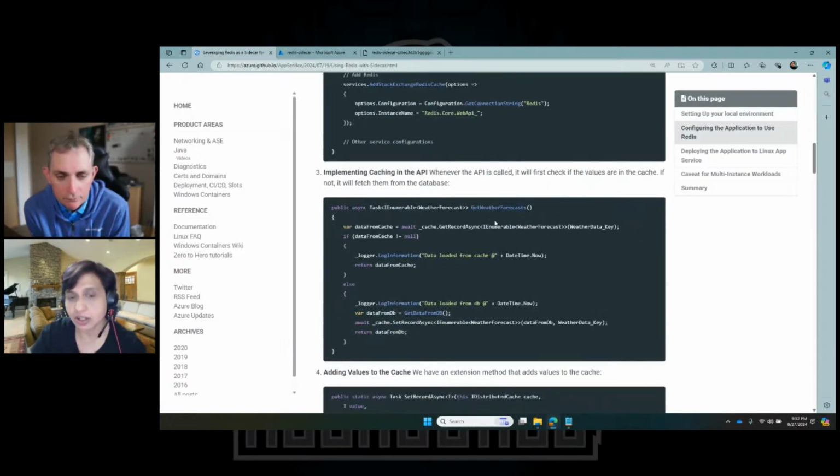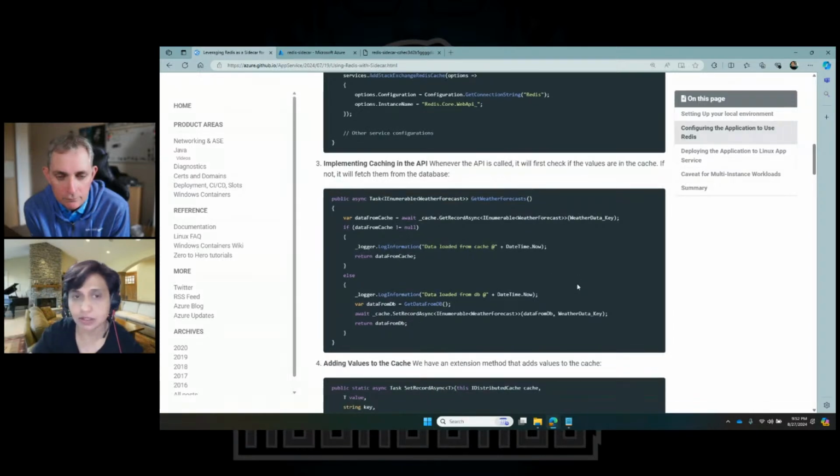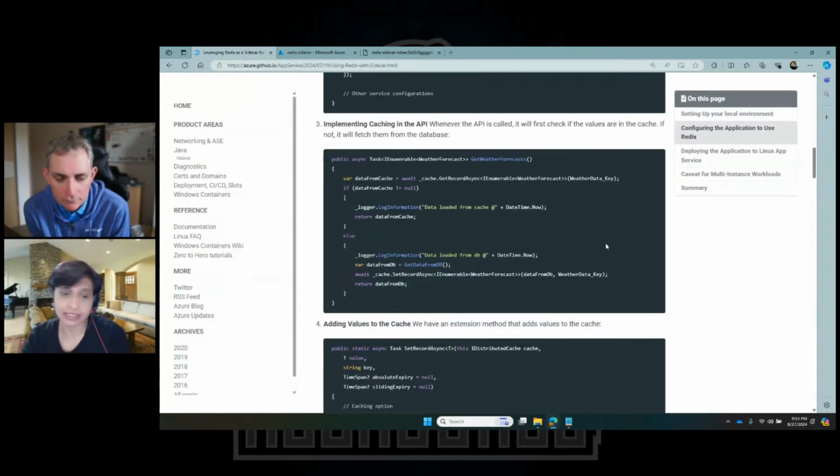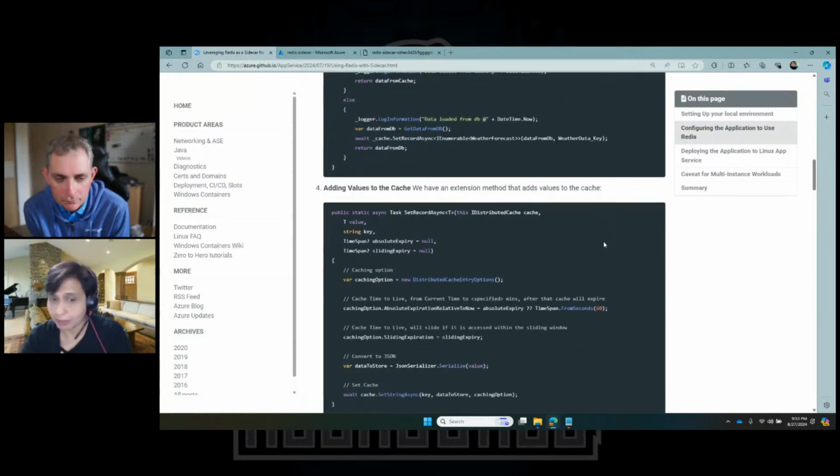And then there is the code, of course, to implement storing things into the cache. And I'm talking about Redis over here. You can substitute it with any other cache that you want to use. As long as you have a container image for that particular cache, you could just run it with your application.